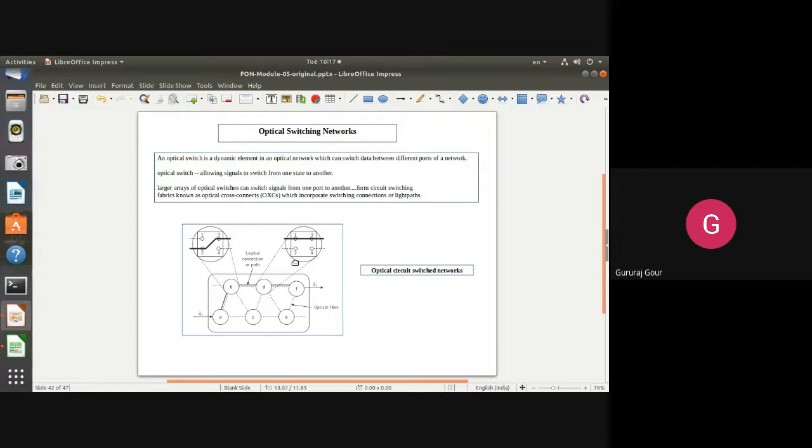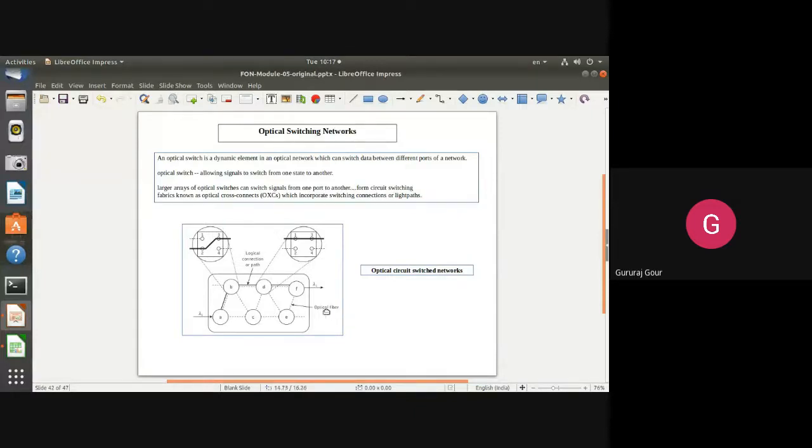In this way, these nodes, with multiple functions, allow the incorporation of switching connections or light paths. The dashed thick line indicates the physical connection, a physical path. The dotted line indicates the light path or virtual path, which is established like a logical connection with the help of these nodes acting like switches. Node B is acting like a cross connecting switch, and node D is acting like a direct switch.